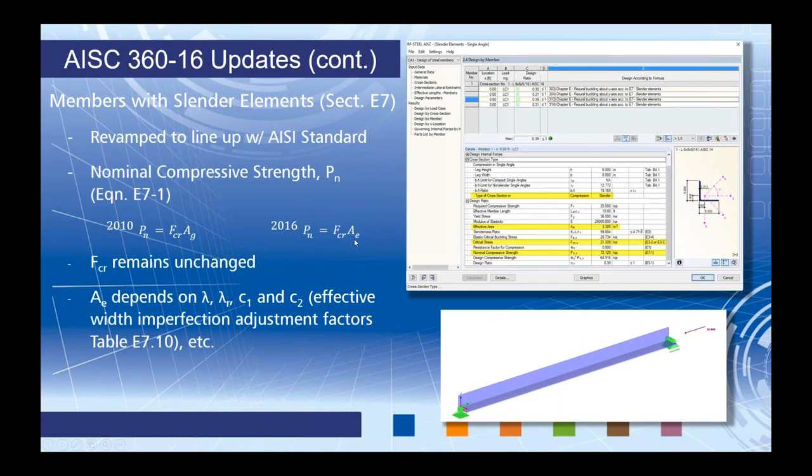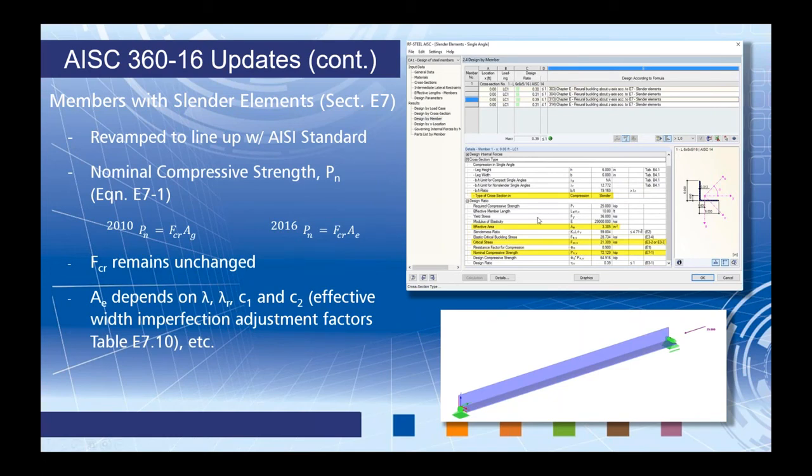So this just sounds almost identical to what we saw in chapter C. So our critical stress remains unchanged, but A sub E is completely different. It depends on some lambda values here, which is our width to thickness ratios of our elements, our local elements. C sub 1 and C sub 2, which are new effective width imperfection adjustment factors according to table E7.1 and some other variables. So you can see my small little example here that I did in RFEM, and then